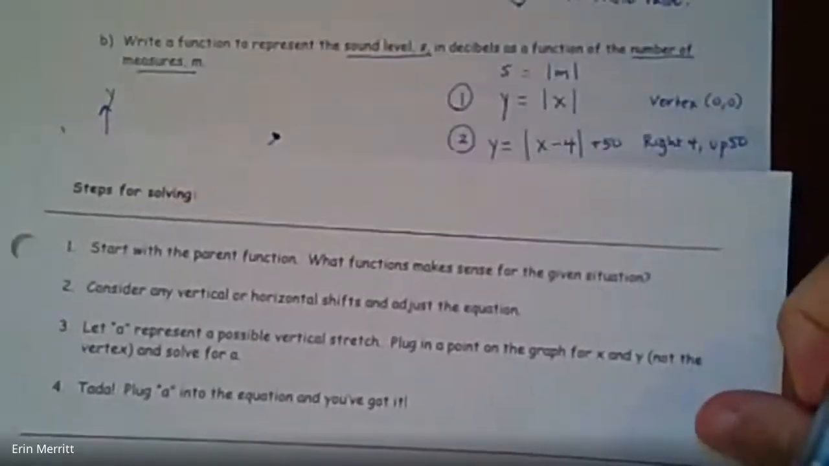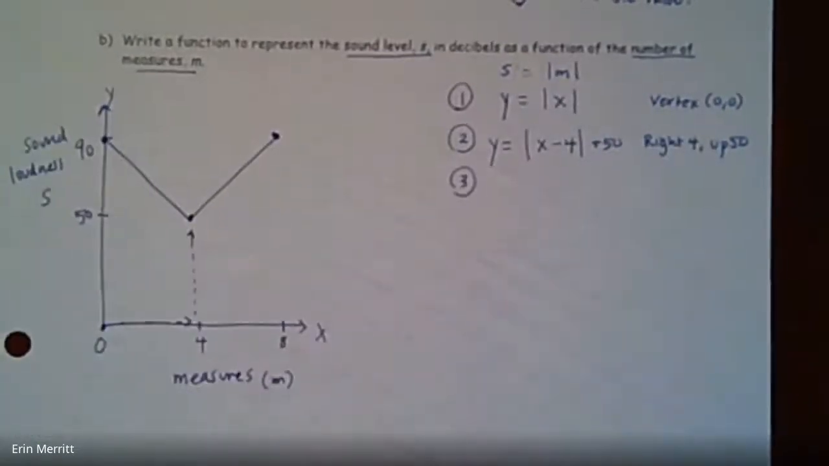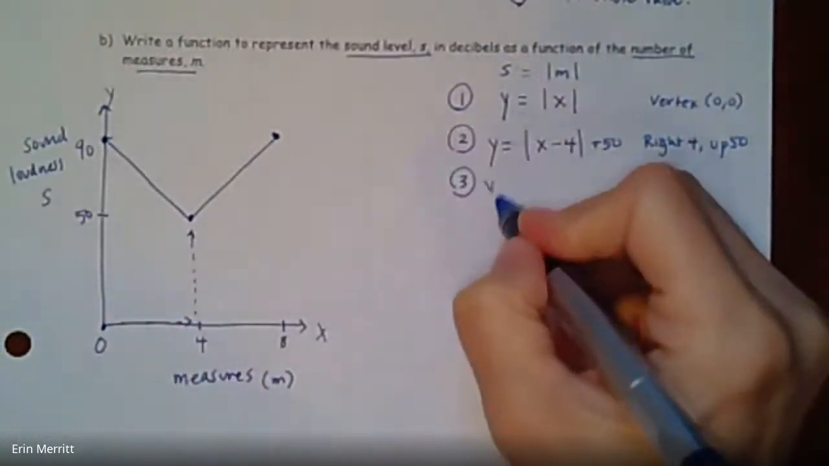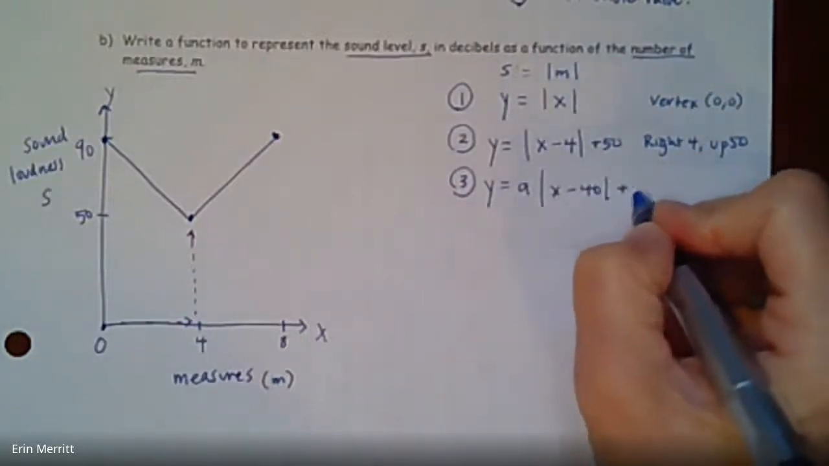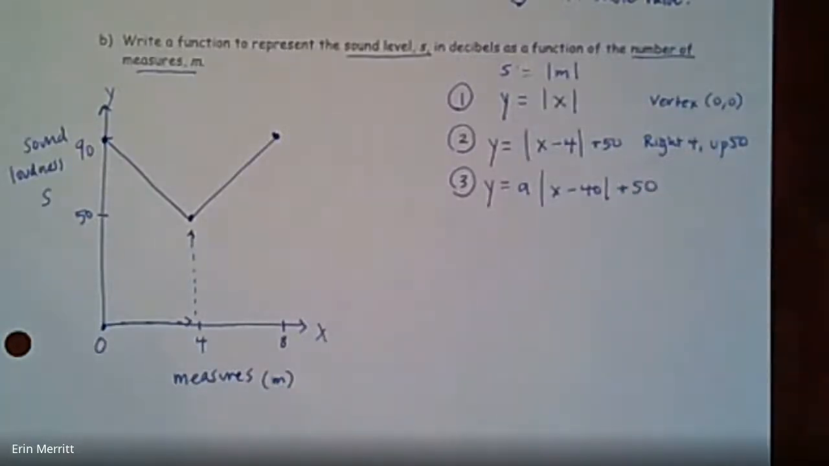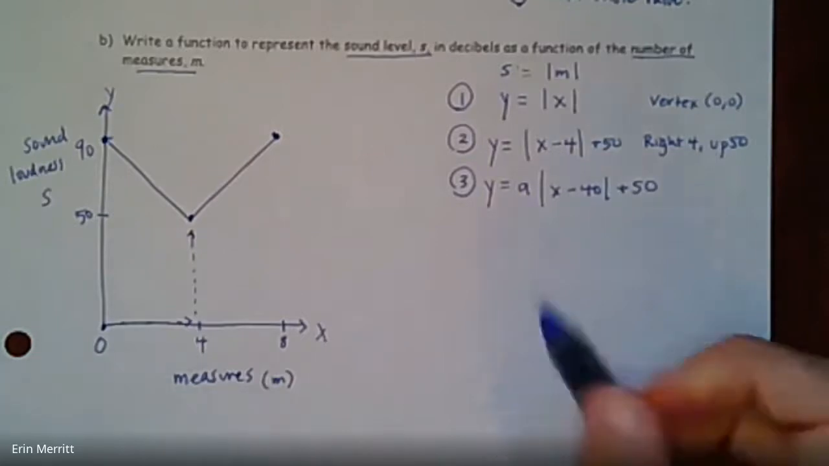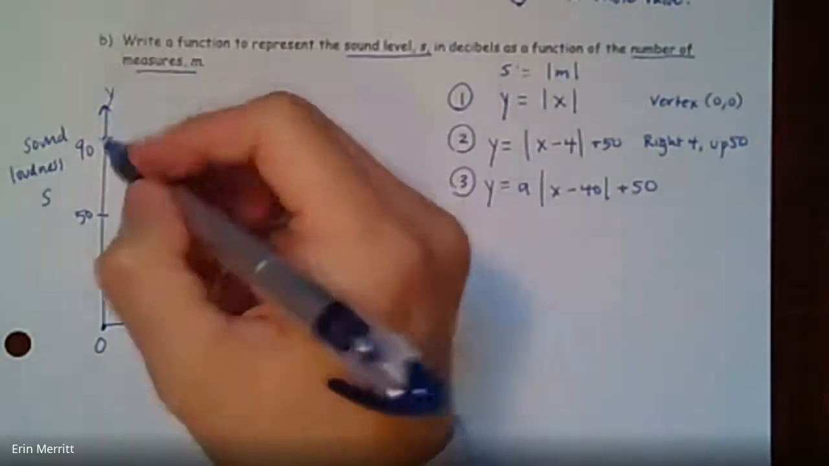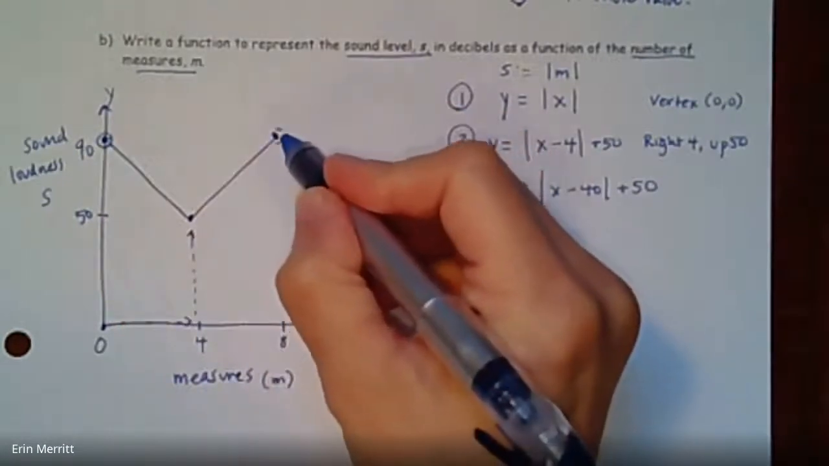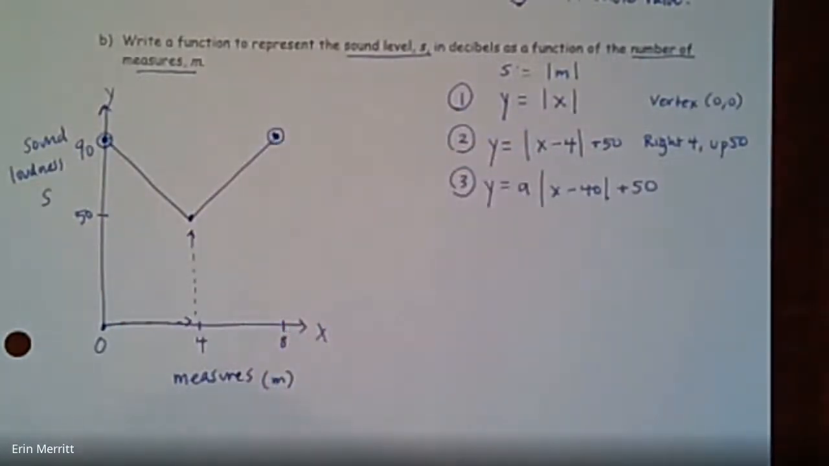Next thing, step 3, consider a vertical stretch. Now here's where I don't have to do a times the whole thing. We can just put a in front of this, and you're actually okay, all right? So we're going to take a point that we know is not on the graph, that is not the vertex. Because if we use the vertex, it would actually just cancel everything out. So we know 2 points. We know the point 0, 90, and we know the point 8, 90. So you can use either one of those, right? So maybe we use the point